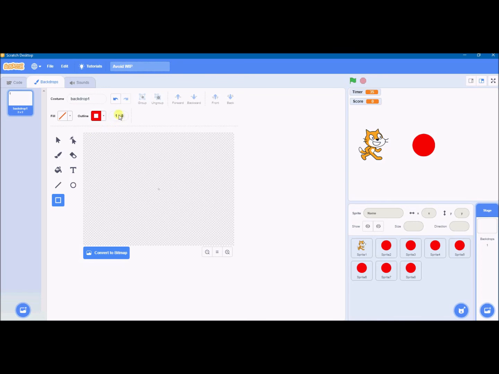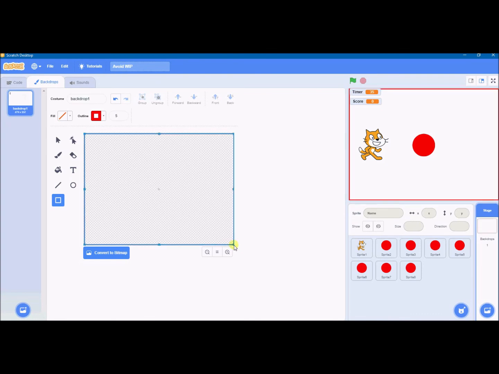Actually, I'll make it a bit thicker. If we make it about 5, we should be able to draw a rectangle on the screen which just takes up the whole of the screen there. And let go, and then that is now on the screen. Perfect. So that's our standard backdrop, the one that we want to be seeing pretty much